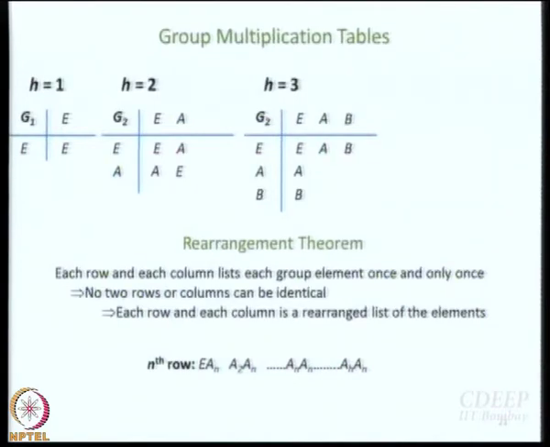I am not convinced that everybody is convinced. How do I write the elements there? What do I write first? The one on the top or the one on the left? The one on the top, right? So what is the second element on top? A2. And what is the element on the left? AN. So I write A2 AN. Next one, what is it? A3 on the top. On the left, it is still AN. I am going from left to right in a row. So it is A3 AN. So on and so forth. Finally, you are going to reach N there also. So it is going to be AN AN.